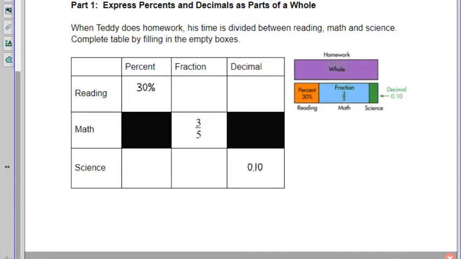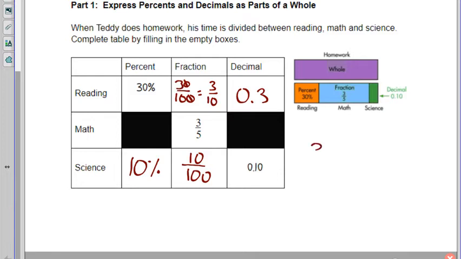So without further ado, 30% is 30 per 100. Just listen to what it sounds like. 30 percent, per 100. I could divide top and bottom by 10, and I get 3/10. As a decimal, that's 3/10. Or we could also call that 30/100. For science, we have 10/100ths, which is a fraction, that's 10 per 100, or